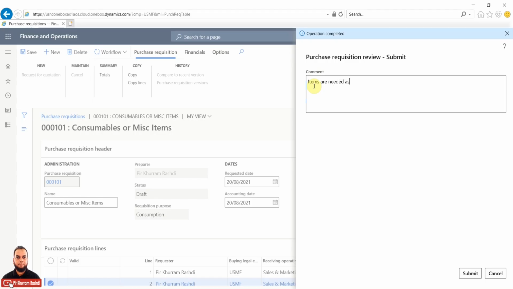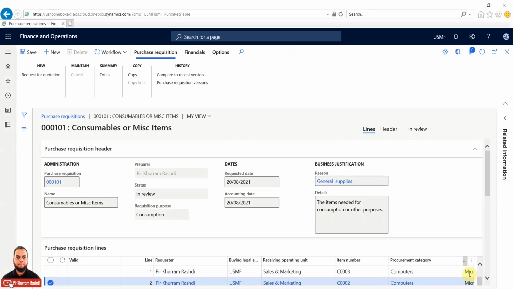items are needed as safe stock. So we want to have an inventory stock with us always, so that end users, whenever they need these items, we can provide them in our IT department. So I can put a comment, please approve. So I can submit it, and once I submit, please note it down that